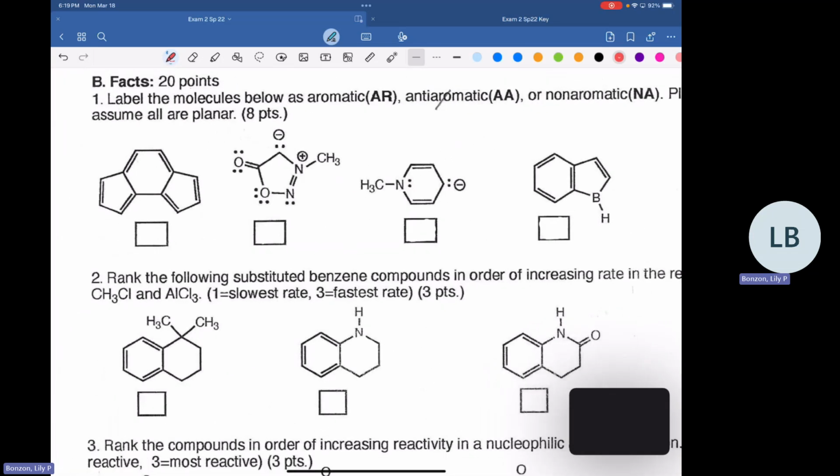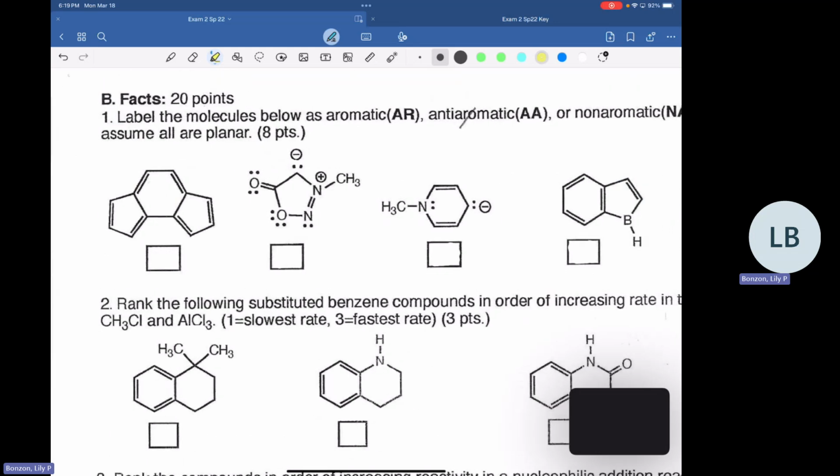All right, so starting with this first one on the left, we don't have any oxygens or nitrogens, so this one's kind of easy. We're just going to count the double bonds that we have. So we've got 2, 4, 6, 8, 10, 12 electrons. And there's no resonance that we can do with this one. These double bonds are kind of just locked in place. So for this one, 12 would satisfy the 4n rule, and it would not satisfy the 4n plus 2. So this one is going to be anti-aromatic. Sounds a little bit easy, but they will definitely be tricky.